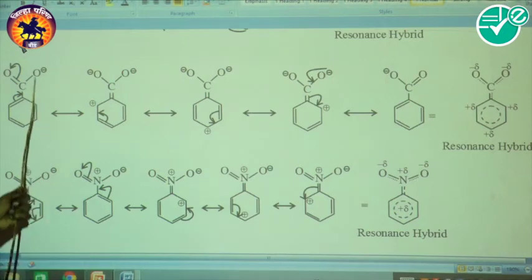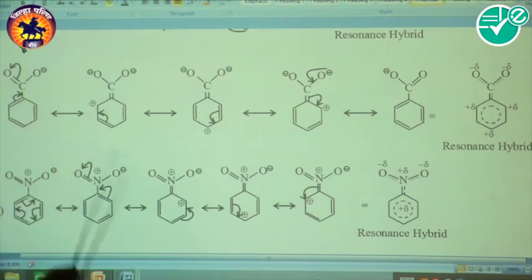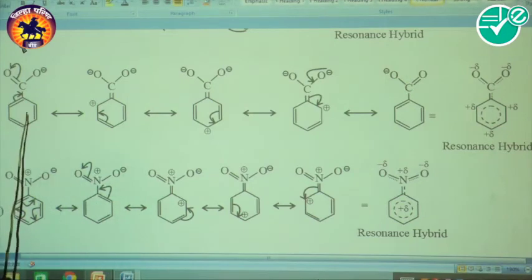Now if you consider this one, the COOH group, the carboxylic group, or carboxylate ion, has the tendency to accept the lone pair of electrons. So it is an electron withdrawing group. What happened? This electron bond pair is converted into an electron lone pair. The carbon has four bonds but one less here, because the oxygen carries a lone pair of electrons accepted from the bond pair.